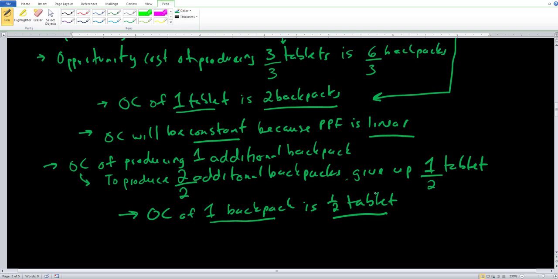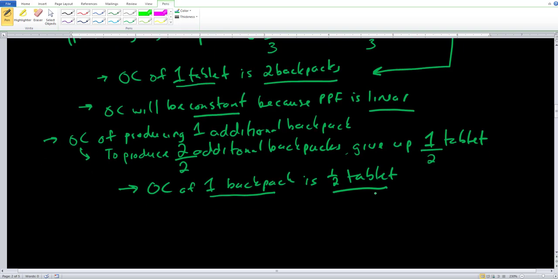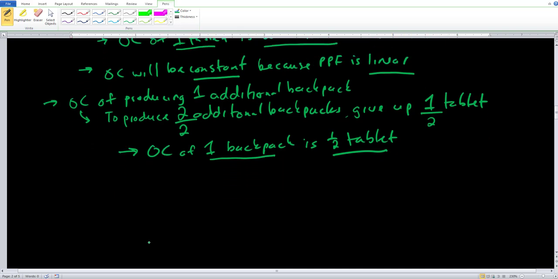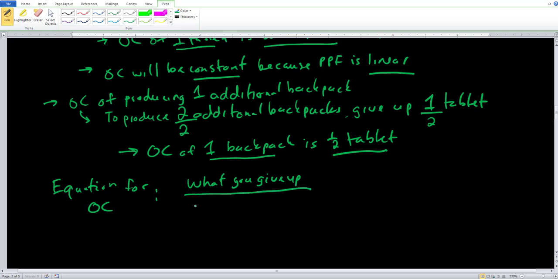So it's a little bit trivial in this type of sense to do the opportunity cost. It's sort of easy because we are taking a look at a linear PPF, but I do want to provide you with an equation that will be very, very handy for our next section right here. So anytime we want to find the opportunity cost, we can use the equation for the opportunity cost, and that's going to be what you give up over what you gain. So what you give up divided by what you gain. And this is going to give us the opportunity cost of the good that's in the denominator. So opportunity cost of the denominator